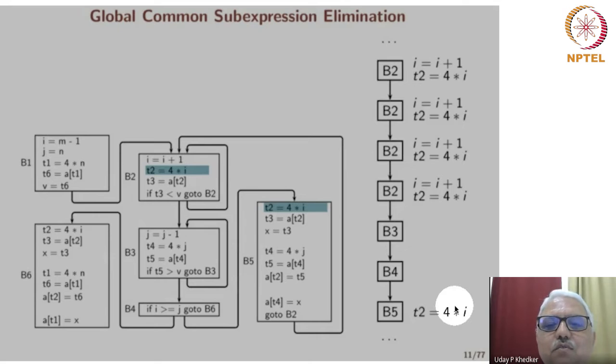Now the question is, how do we reason about this formally? How do we reason about this algorithmically without getting into intuitive reasoning? How do we capture this concept that we want to talk about the last occurrence? There could be multiple occurrences of the same statement in any execution path, because of the presence of a loop, and how do we talk about the last occurrence of the previous computation and the first occurrence of the next computation? I mean, B5 itself could have a loop around it, and there could be multiple occurrences of B5.